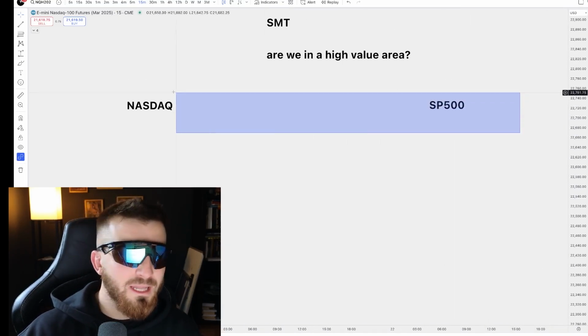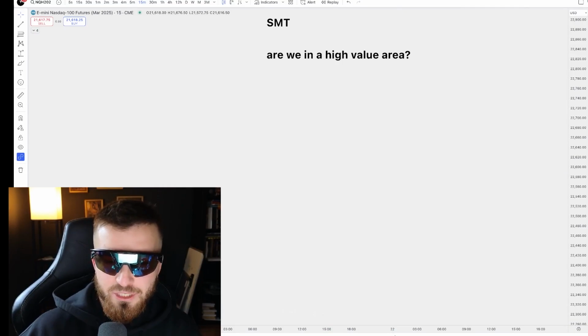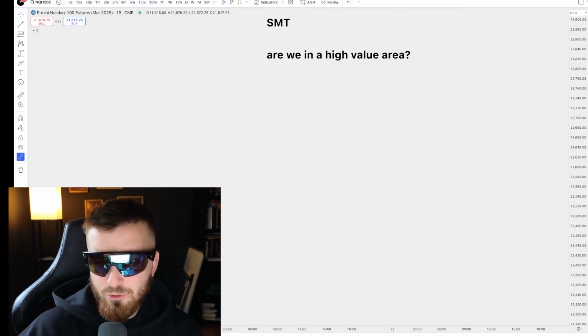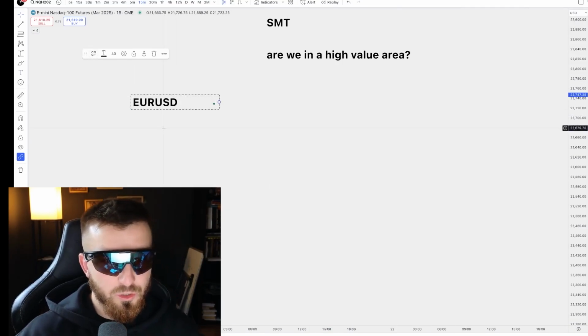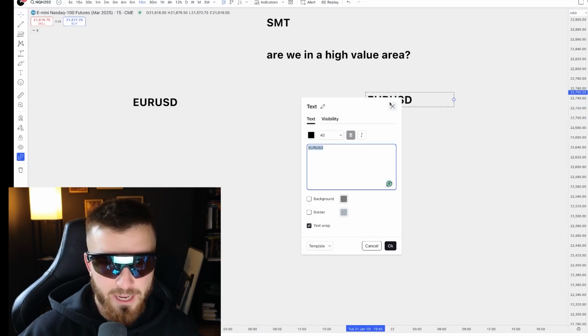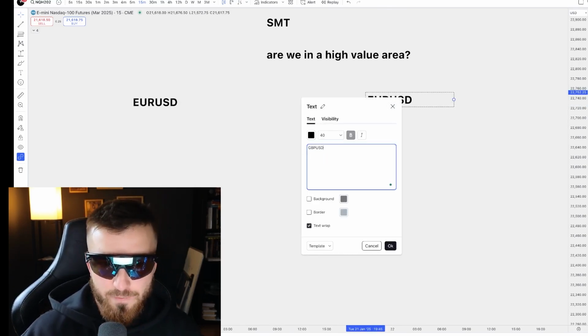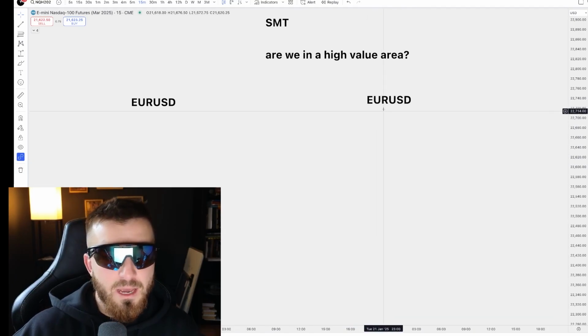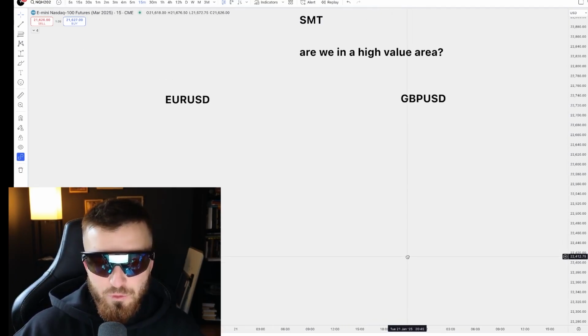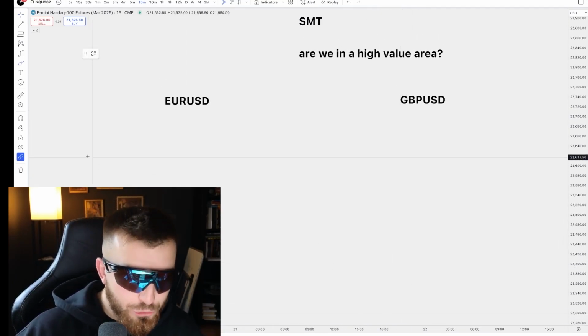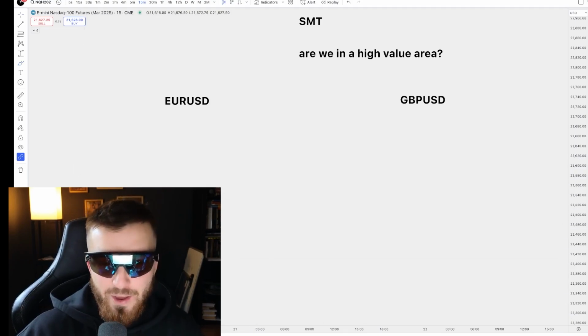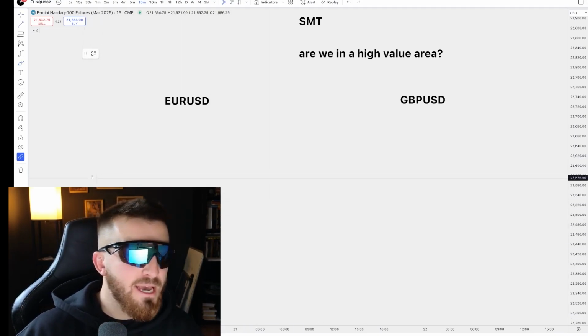But no, you know what? Let's even do pound and euro, because we mostly trade those pairs. So let's look at euro dollar and let's look at pound dollar. By looking at both of these pairs, they should be moving the same. And so usually when they are at a high value area,